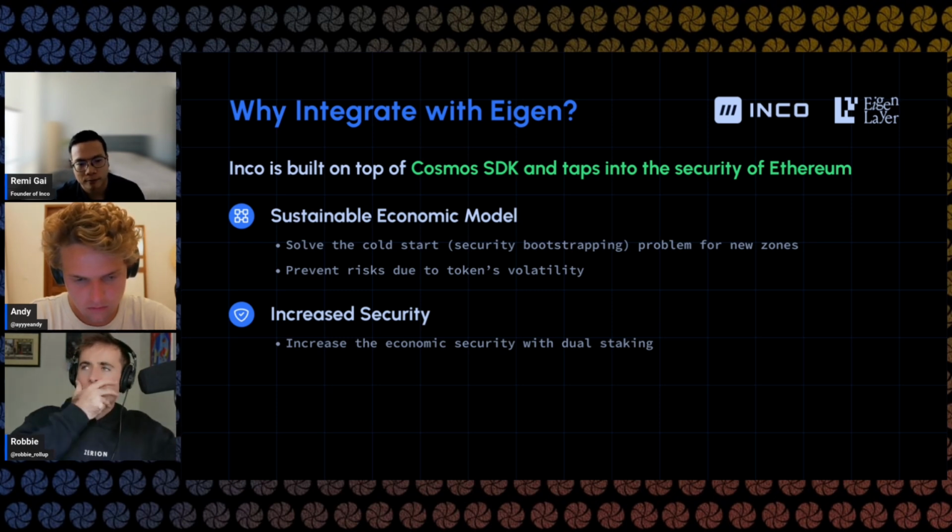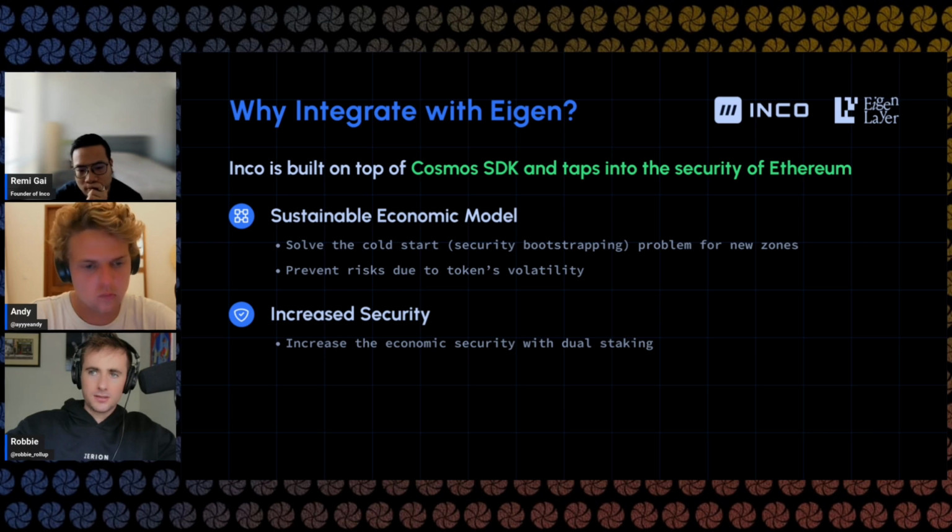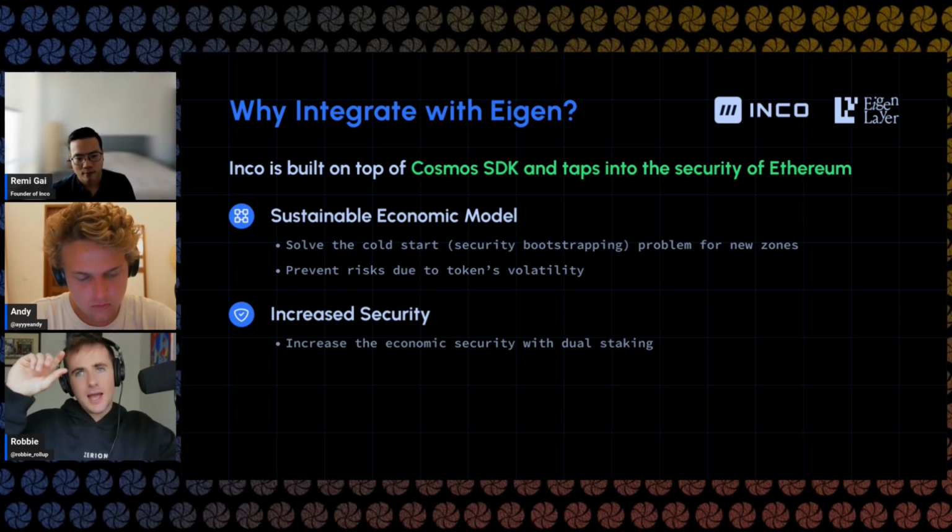Which is that, a lot of the purpose and functionality of the Inco L1 seems to be encryption, decryption, and more cryptographic security measures. And so, how should we think about the way to balance cryptographic security handling on the L1 and then crypto economic security underneath the L1? That's a really good question.